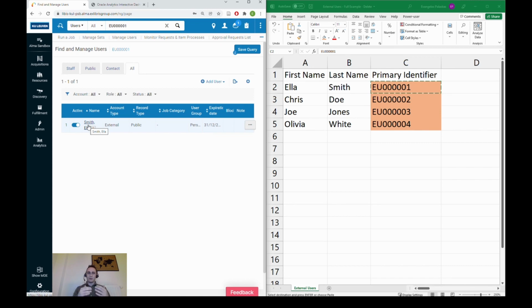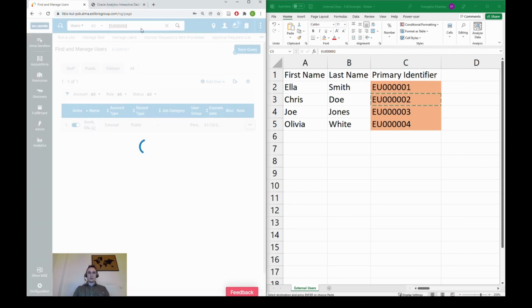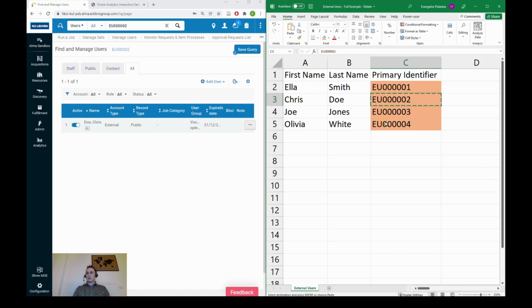For the sake of simplicity, we use the same names but with a different primary identifier. Those are external users. This is the only difference. So those users do exist indeed. All of our users exist.